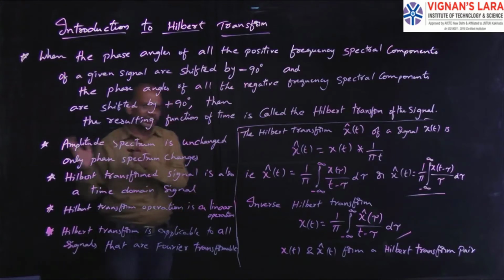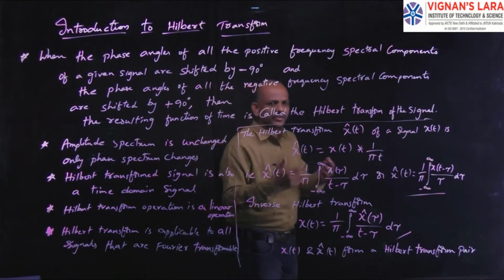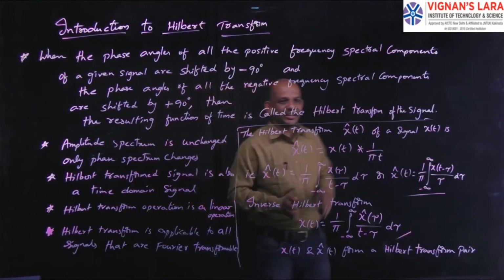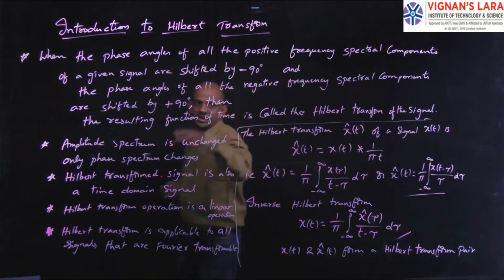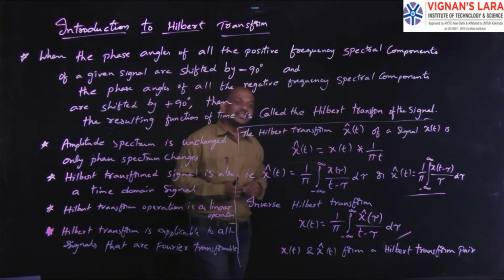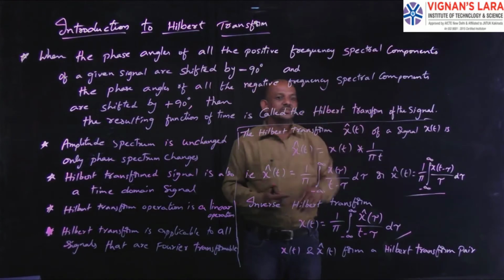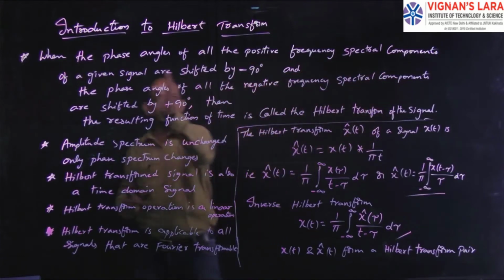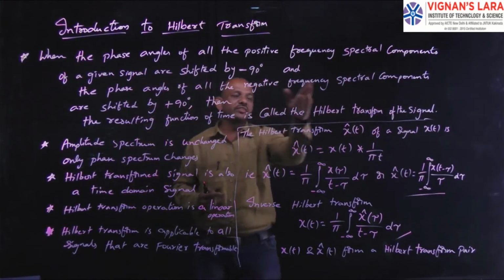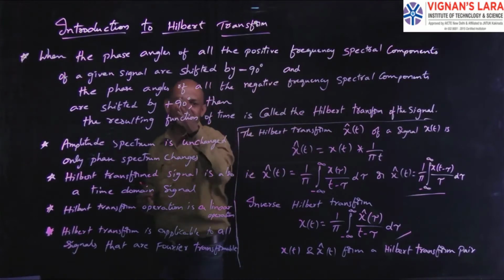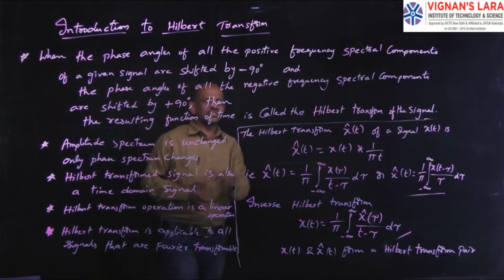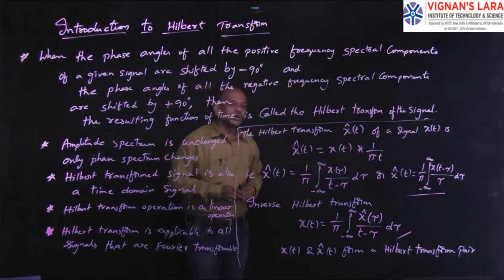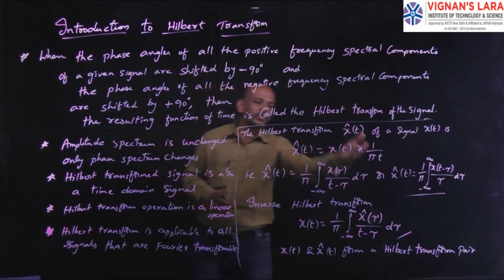So we know Fourier transform and inverse Fourier transform. In the same way, Hilbert transform and inverse Hilbert transform. First, whenever they have given a signal x of t, if we convolute that x of t with 1 by pi t, then we get the Hilbert transform of that signal. So in that what happens? Simply the positive frequency spectral components will be shifted by minus 90 degrees and negative frequency spectral components will be shifted by plus 90 degrees. Okay. So this is theoretically I can explain like this, and mathematically the formula is x cap of t will be equal to x of t convolution 1 by pi t.